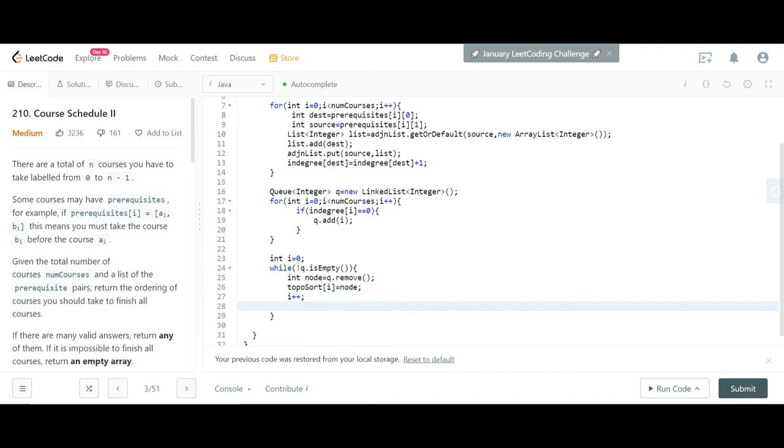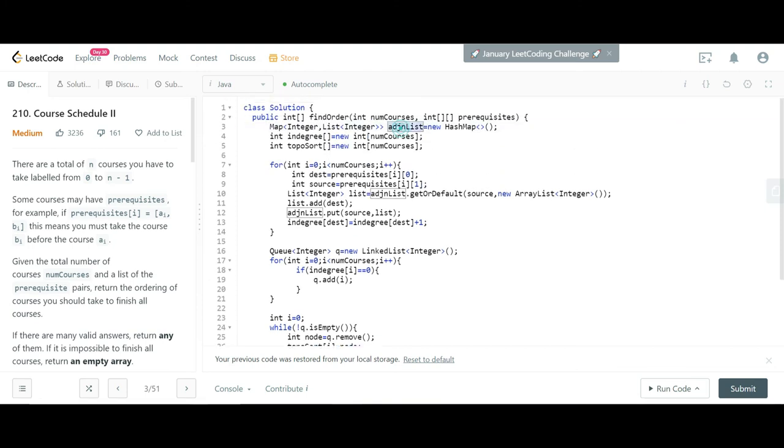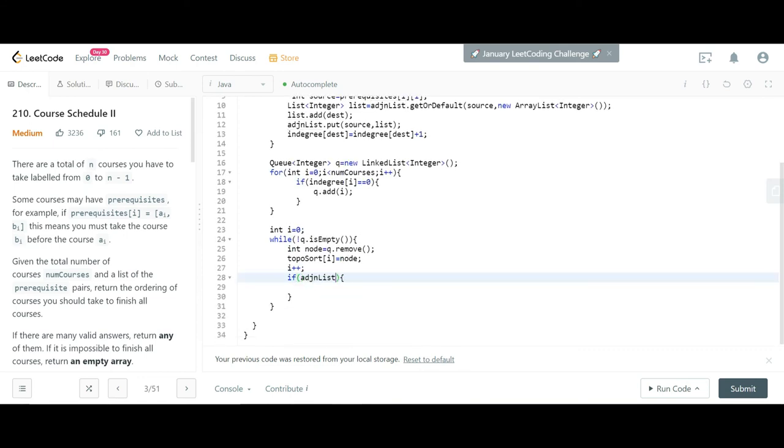Now whatever node I just dequeued from the queue, I have to check what their neighbors are. So if that node is present in the map, in this adjacency list map, if it contains the key of this node, then for that, each and every element will be an integer type neighbor, or something we can define.